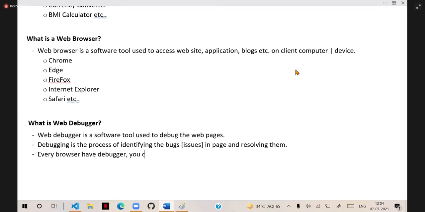You can open it by using the inspect element option.